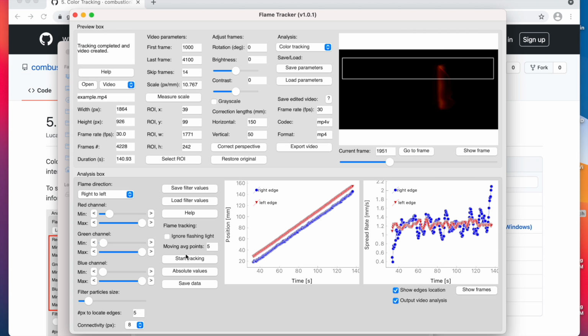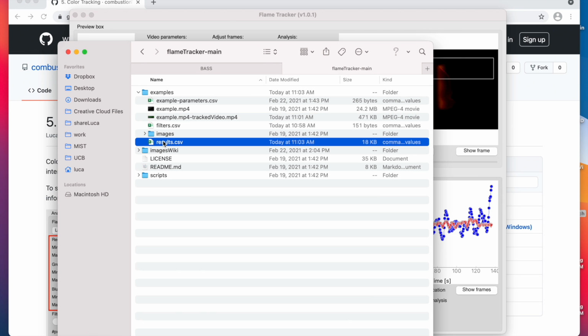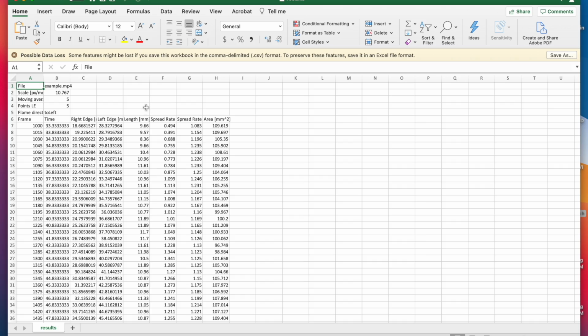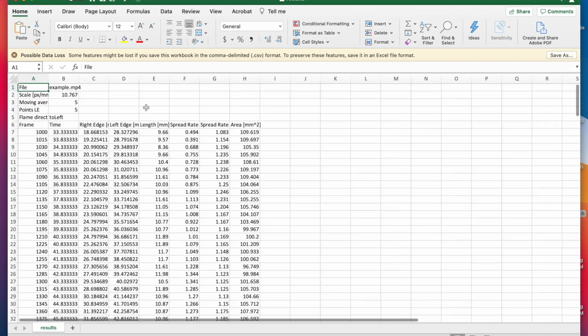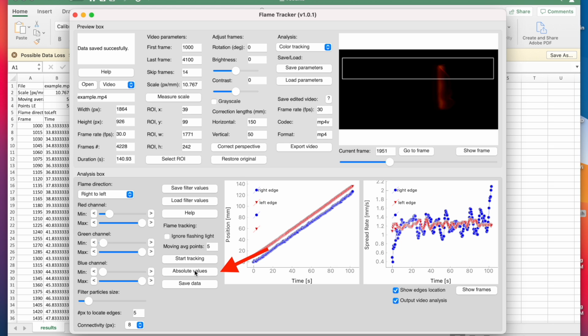If I am done with the analysis, I can save the data from the tracking as a CSV file by clicking on Save Data. The measured edges location, spread rate, flame length, and area are saved in this file, as well as some information of the video. If I want the edges location in absolute terms, I can click on Absolute Values, and the downstream edge, the right one in this case, will start from 0. Note that once you click on Absolute Values, you cannot retrieve the previous ones, so you might want to save the original data first. This concludes the tutorial of the color tracking method, but remember that you can always use